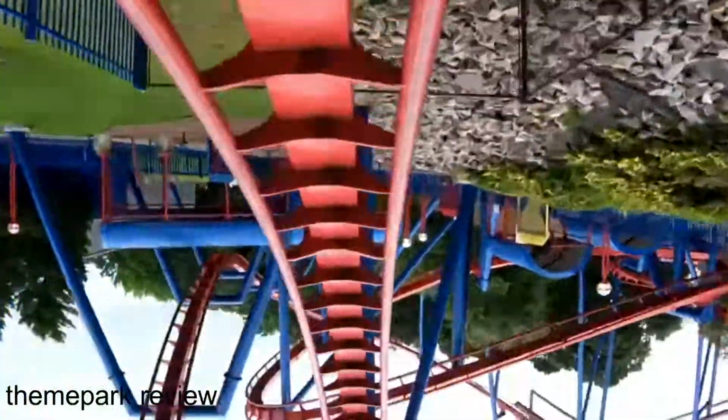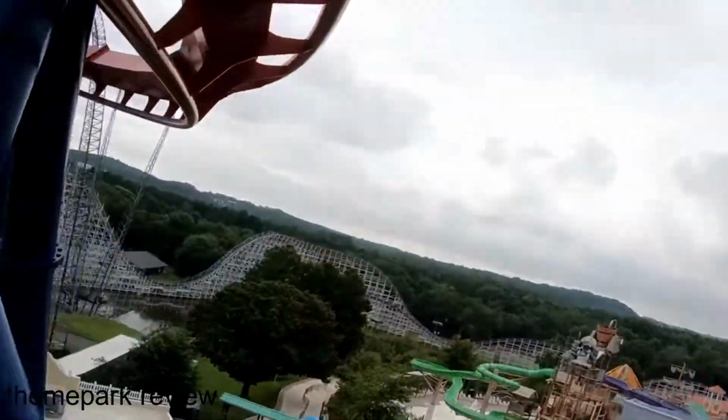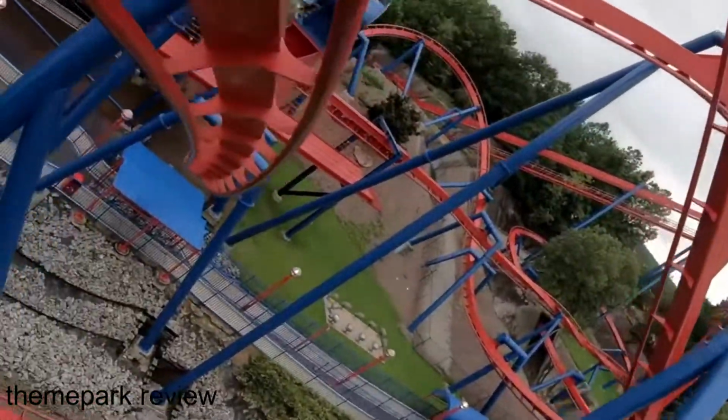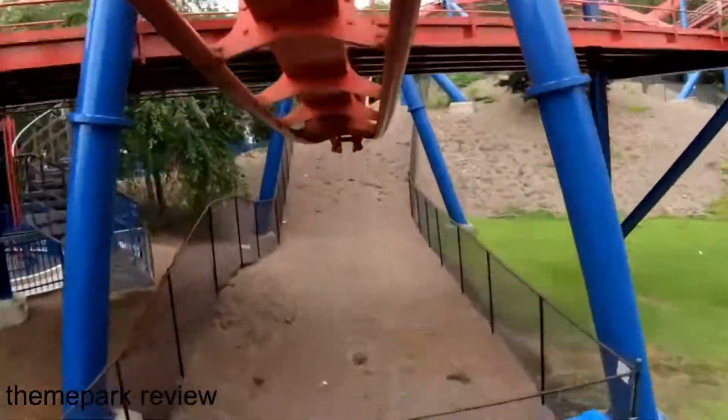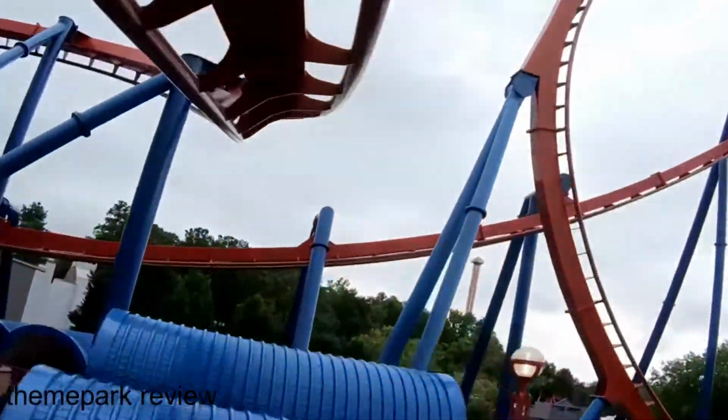This element is very intense and super forceful. It feels like your eyes are going to pop out of your head. After gracefully flying over the entrance plaza, you dive right under the queue line once again into this overbanked turn. When you think about Superman Ultimate Flight, the only thing you really ever think about is that pretzel loop, because